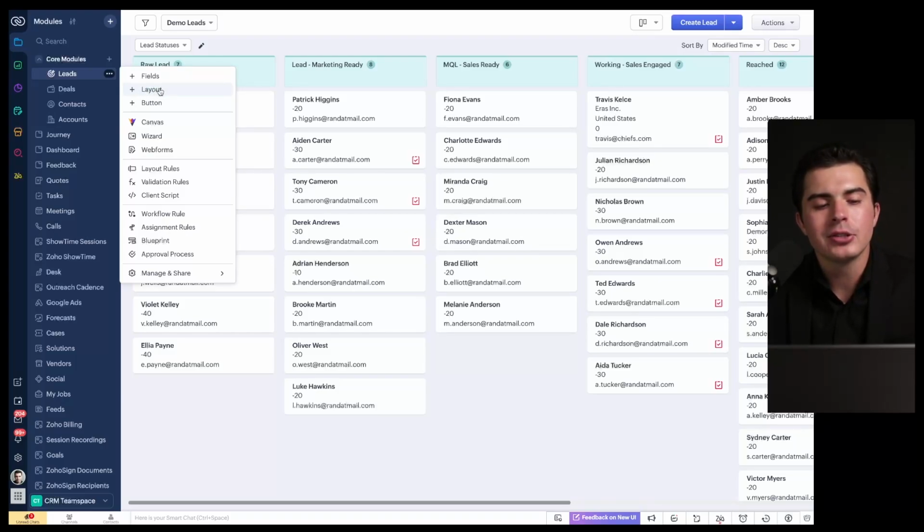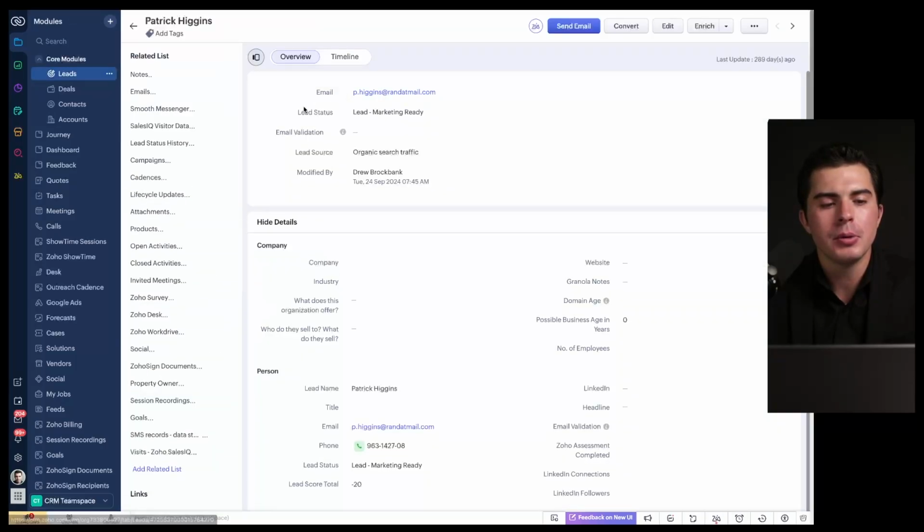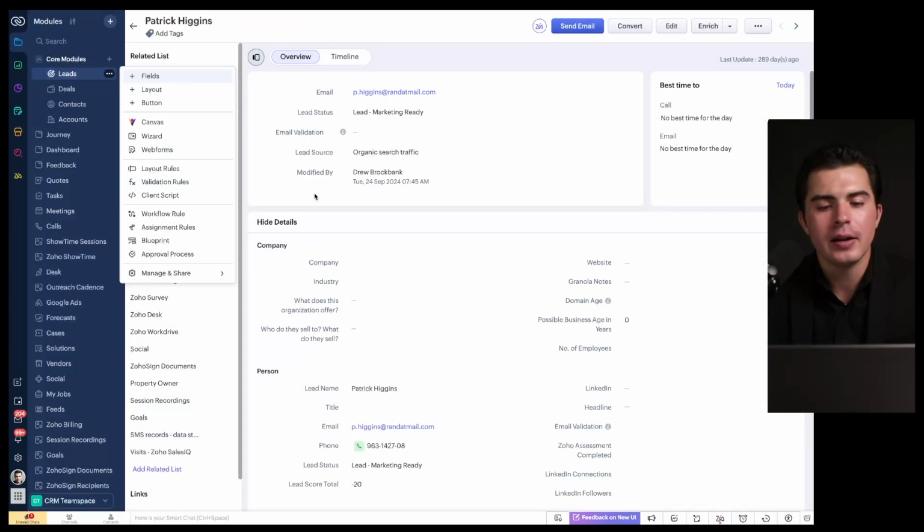I don't love layouts because it can get a tad confusing from the user perspective, but you can add a layout right here very quickly. You can add buttons to the record. It's better to show you like this. You can add fields to this layout, right? You can add layouts to this record. You can add buttons to this record view. You can add a canvas